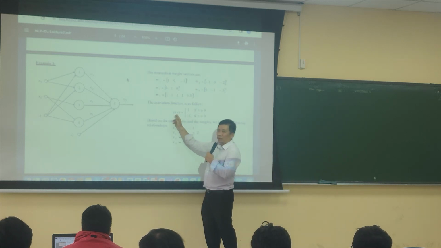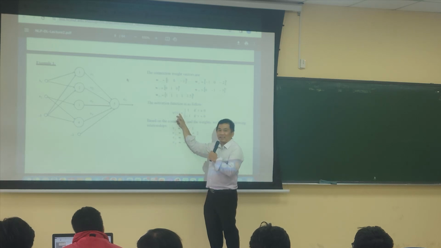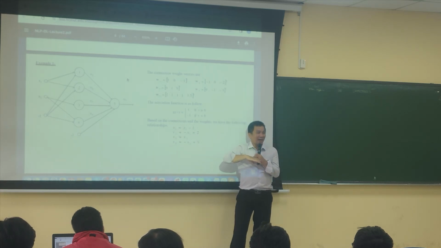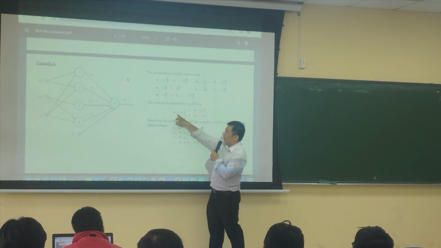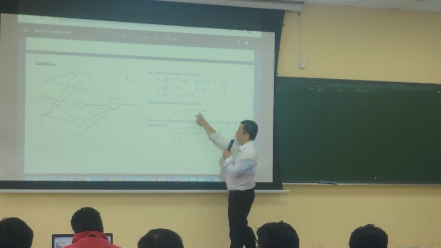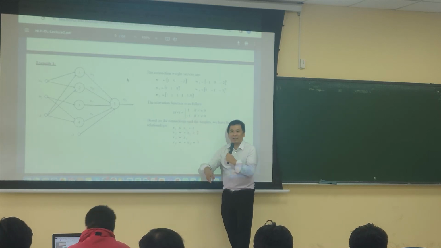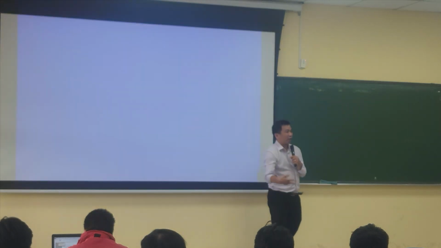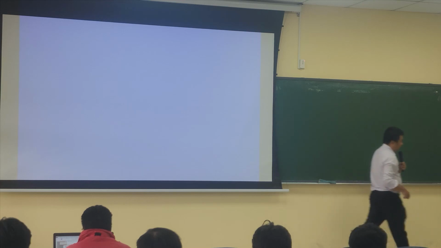But in the early days of the network, the activation function is very simple. They just simply compare to a threshold, and the threshold chosen is 0. That means V is the dot product between the input and the weight. If V is positive, the value is 1. And if V is negative, the value is minus 1. In fact, they can choose any pair of values to indicate whether the network activates or not.